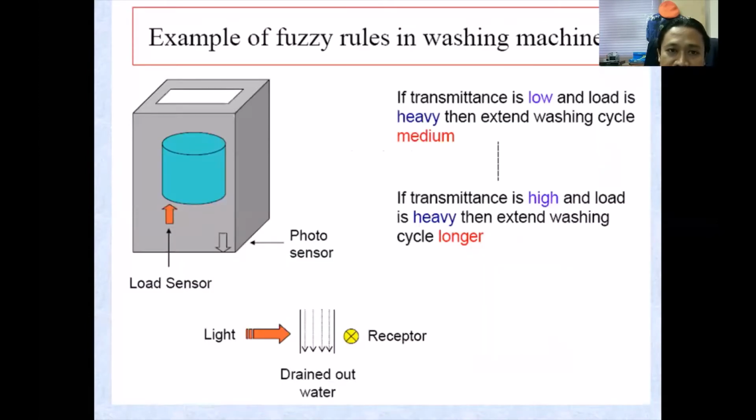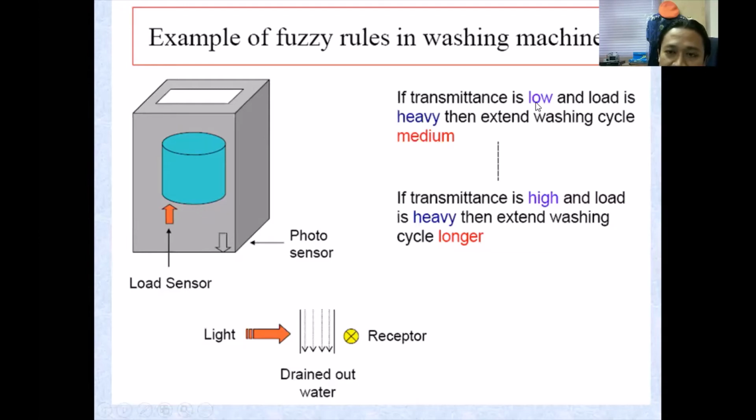All right, so this is an example of how fuzzy logic works. Fuzzy logic is based on sensors. On a washing machine, we have the load sensor and the photo sensor, which are our inputs. If transmission is low and load is heavy, then extend the washing cycle to medium.